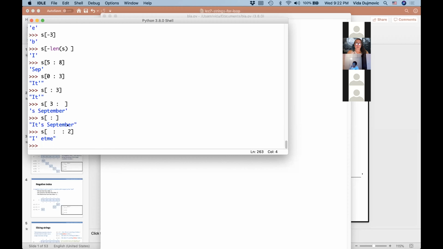Of course, it doesn't have to be 2, you can ask for every third character. And of course, you don't have to go from the beginning to the end, you can give these two digits that we have seen. You can start at position 2, go to position 10, and return every third character. All right. What do you think this does?